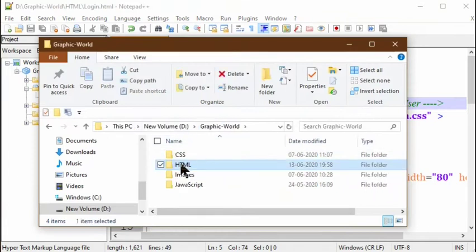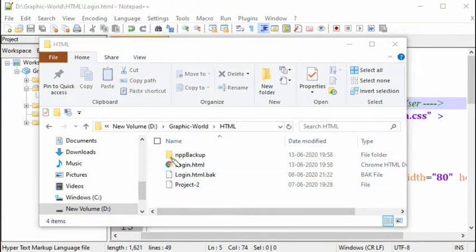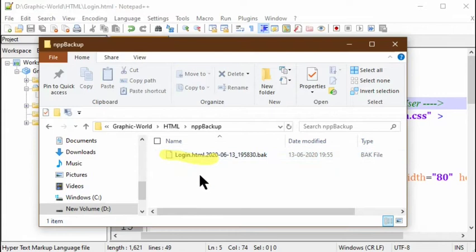Then in this graphic world HTML, you see one nppBackup folder is created, and you can click that nppBackup folder. It will create a login HTML with the current date and current time as a backup file. So like that, it will create the backup file with the current date and current time.